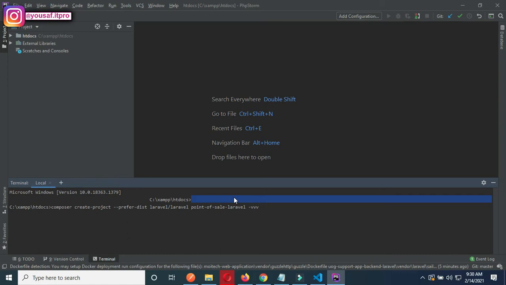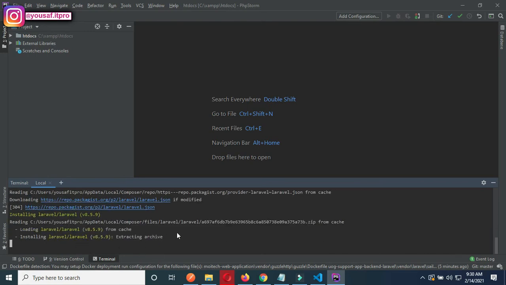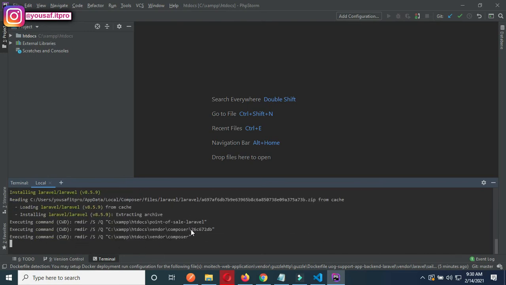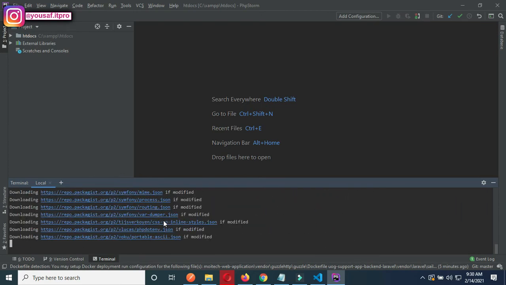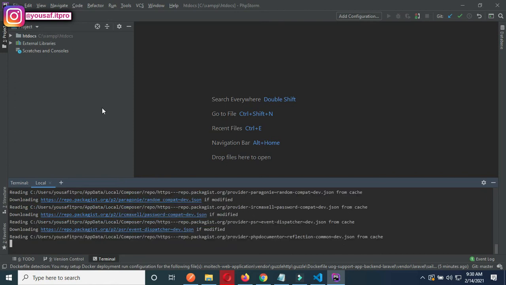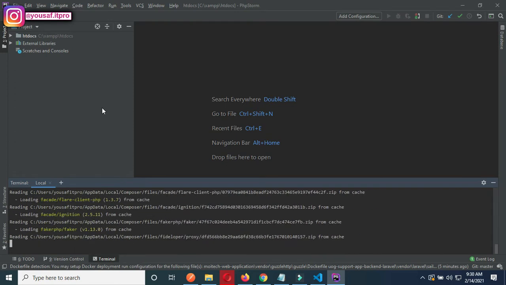While creating the project, it will show you the progress. I will simply click the enter button and it will show me the progress of my project while creating. It will depend on your internet speed how much time it will take to install the project on your computer. So we have to wait until it creates the project.